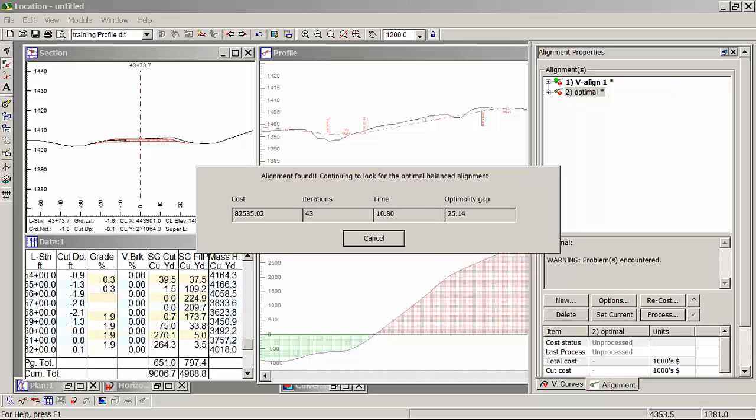It's coming out to a cost so far of $82,000. And at this point, we are at most 25% away from optimal in the worst case scenario. So if you let this run down to 0, it will obviously find the optimal solution. I'm going to stop it right now. I'm fine with, this could be the optimal solution right here. I don't know, but let me see